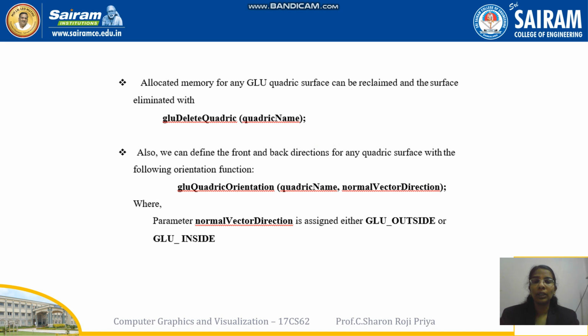Now if I want to delete any quadric object, I can use gluDeleteQuadric. And this is gluQuadricOrientation, to specify the orientation of the object, and usually here it will be GLU_OUTSIDE. With GLU_OUTSIDE, the orientation will be my front face. And if I want, I can change it, if I make this parameter as GLU